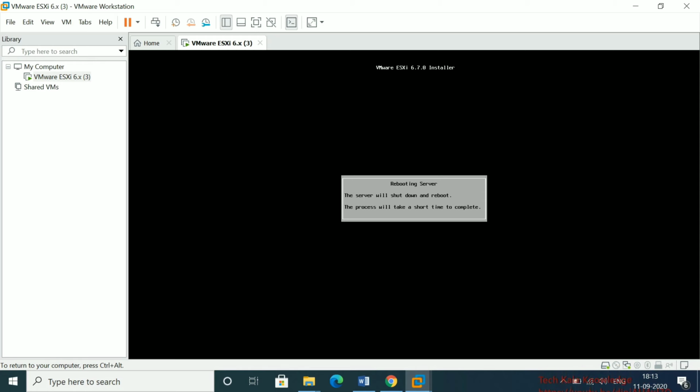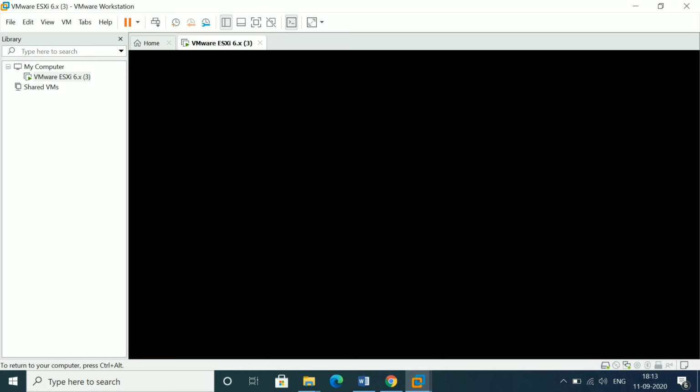If you compare it to creating a VM with an OS, that reboots quickly, but this is taking a little more time. Now you can see it has rebooted, and it's loading the files again, initializing now.